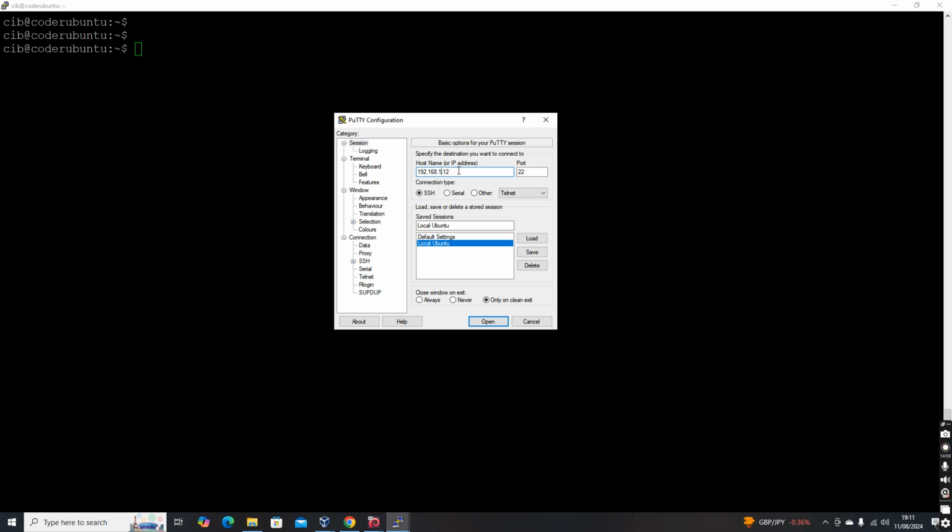So you will be using PuTTY, and in PuTTY we have to use the IP address or host name of the machine, and the SSH port. The default SSH port is 22, but this can be changed. If it is a different port, you have to enter the port as well. Then you have to use a username and password, or username and key passphrase, depending upon the type of authentication available.